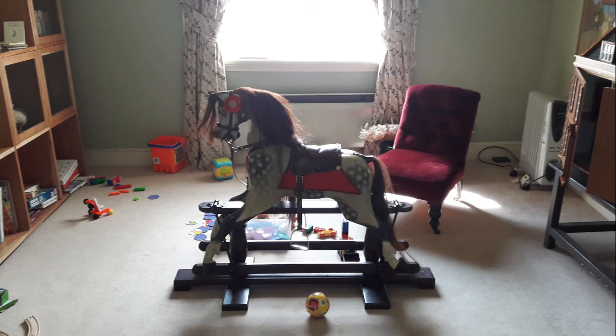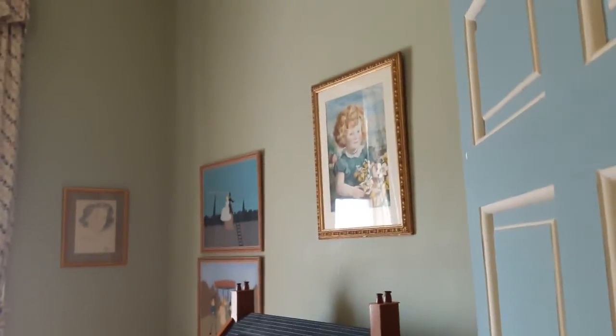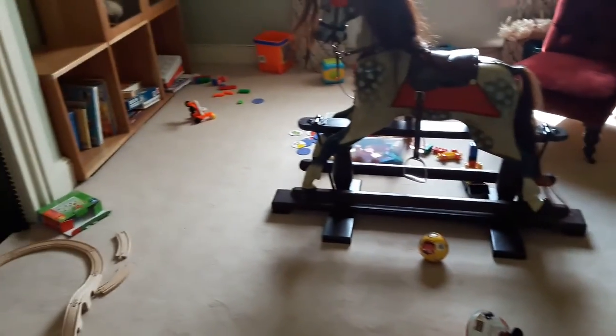And then we come along to the nursery. Now this was really interesting. I wasn't sure at first if we were allowed to walk around it, but we were. There's a gorgeous rocking horse in the middle, lots of toys scattered around, Beatrix Potter books, and that was really lovely. And when we went over to the little bookcase in the corner, we discovered that there was a